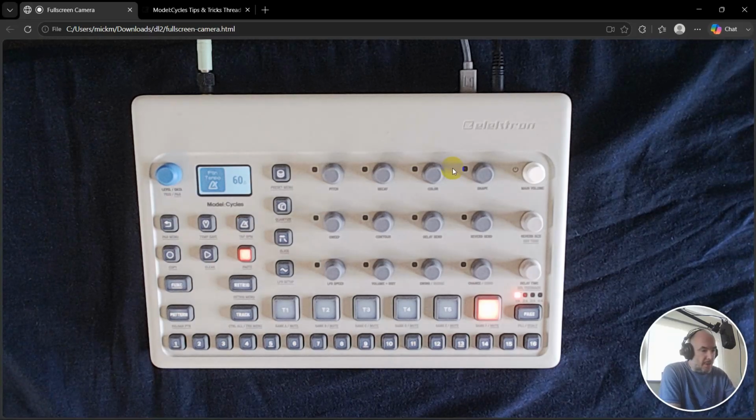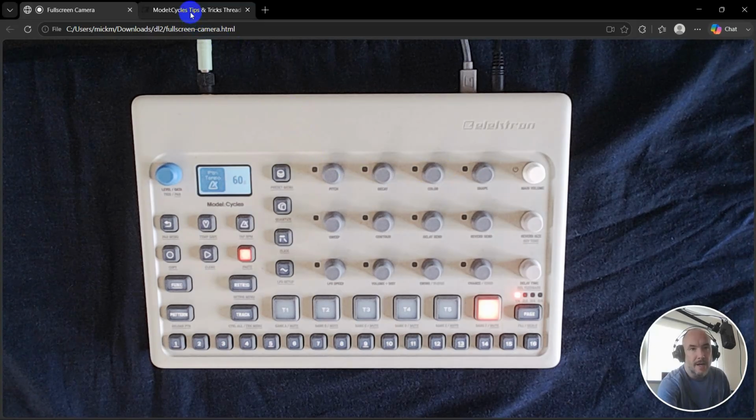So as you can see, I've got my Elektron Model Cycles in front of me at the moment. I was interested in seeing if I could get a Roland 303 style constant time glide. I've always liked the sound of a constant time slide, and this Elektron's fairly well spec'd. So anyway, I did some